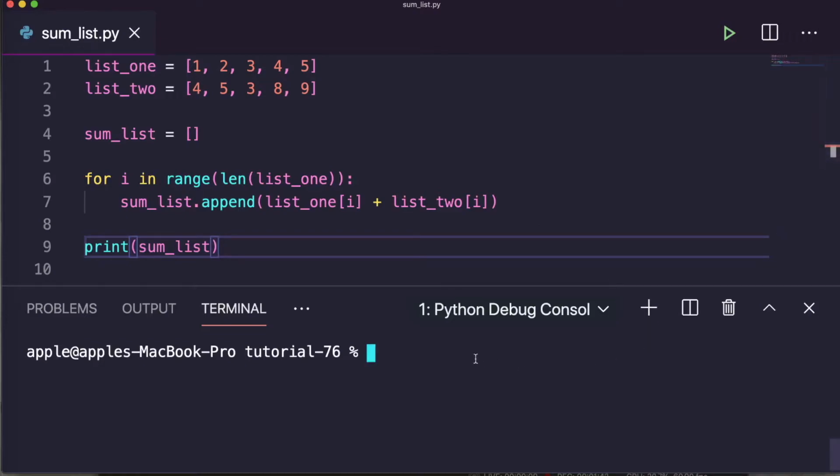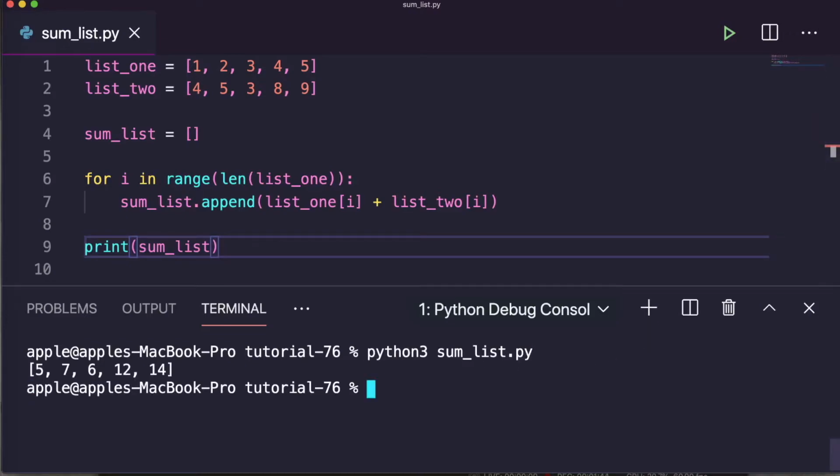Here you can see 5, 7, 1 plus 4 is 5, 2 plus 5 is 7, 3 plus 3 is 6, 4 plus 8 is 12, and 5 plus 9 is 14. So this is how you can sum these two lists.